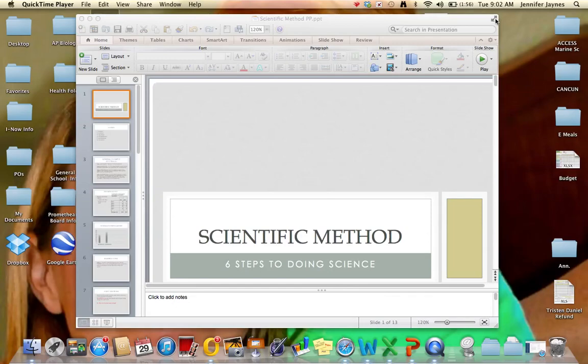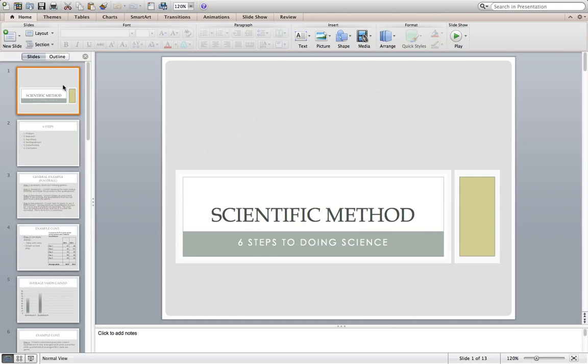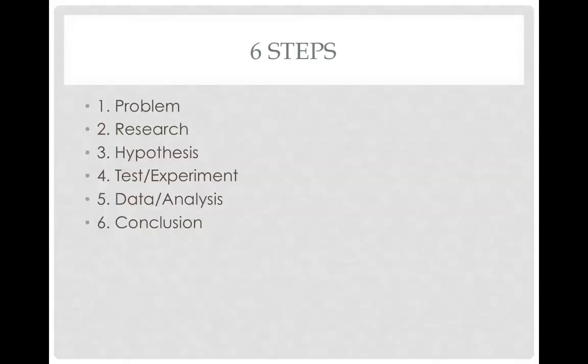The scientific method. The scientific method has 6 steps involved in it. As you can see, these 6 steps include, number 1 is a problem. Obviously, there has to be a problem if you want to do some kind of scientific investigation to figure out